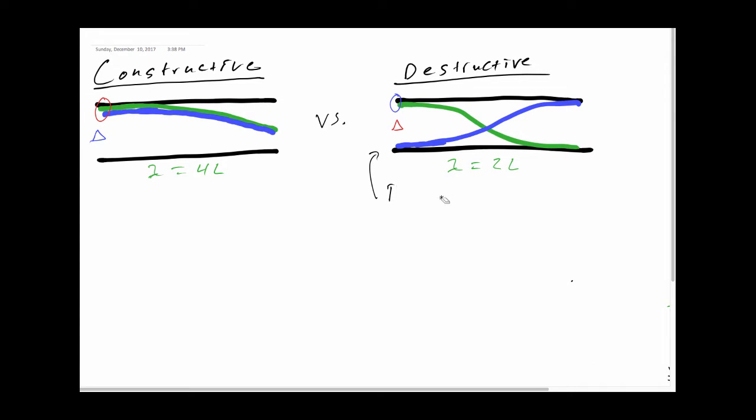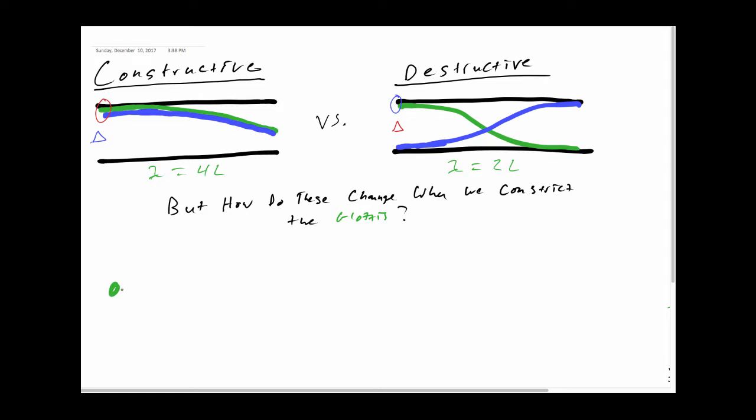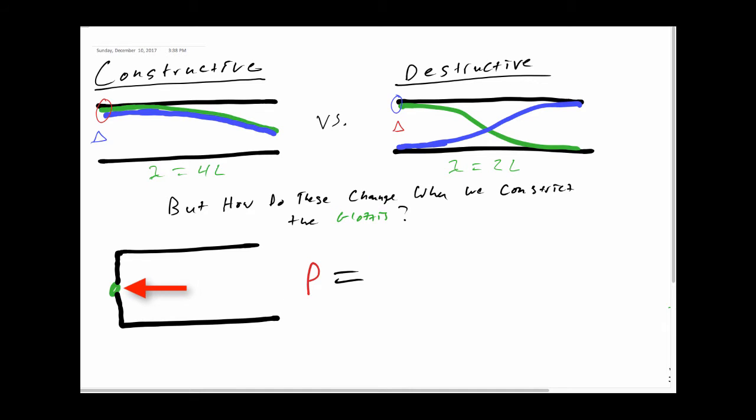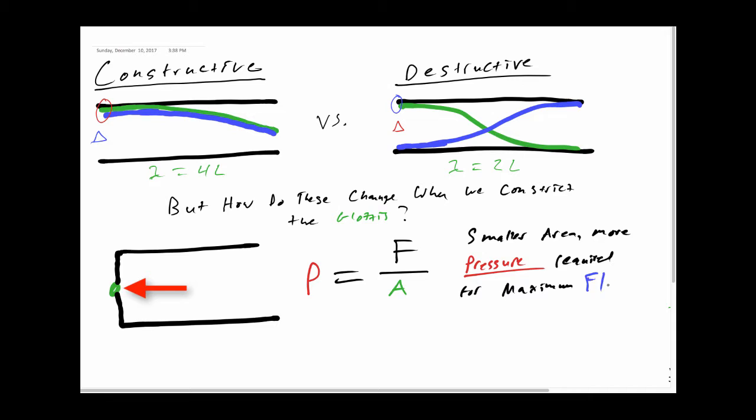Now let's see how this changes as we constrict the left side of the tube to more accurately model the glottis. The result is that the wavelengths at which there is maximal flow will change drastically, as now in order to produce a large amount of flow at the glottis, the wave needs to accelerate the gas in what is now a very constrained region. From writing that pressure equals force over area, we see that when you decrease the size of the area, the same acceleration of the gas around the glottis now requires much more pressure,